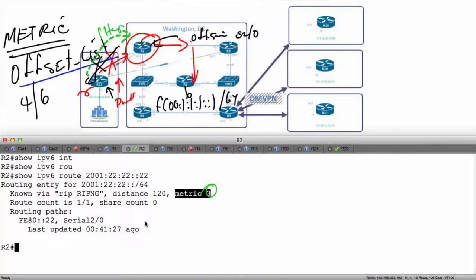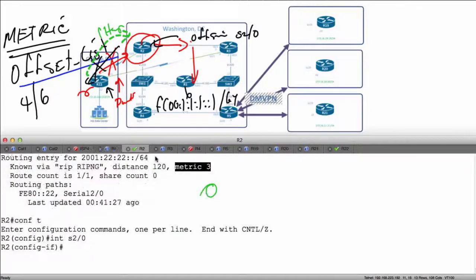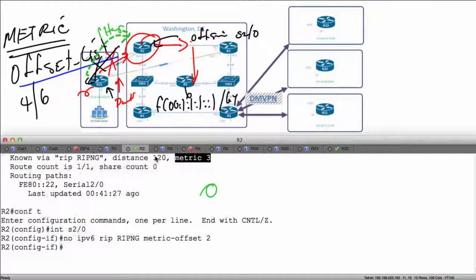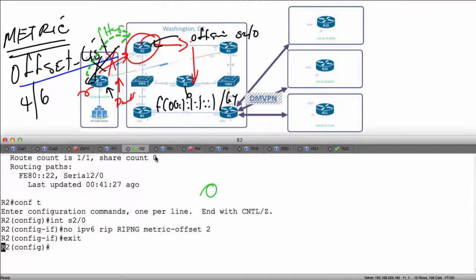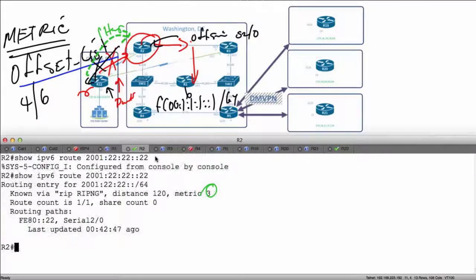So again, let's take a look at that. What I'll do is remove this configuration on R2 now. So config t, interface serial 2/0, and all I want to do is say no IPv6 RIPng metric offset. Now let's see what happens when I take a look at my show IP route for that prefix. Still 3,